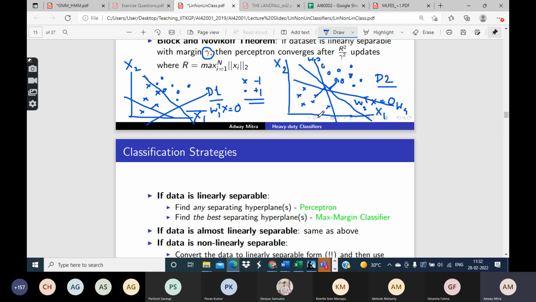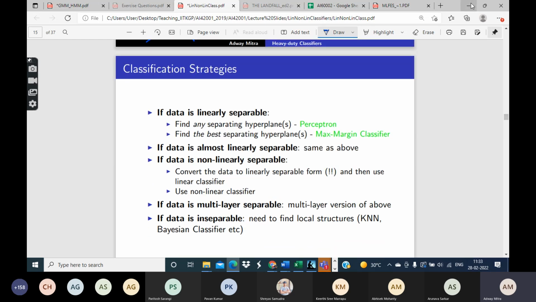So when we start the perceptron from any arbitrary value of W, we can reach any of these, or any of the millions of other possibilities which I have not drawn here. It can give any of these hyperplanes. Each of these is able to correctly classify the data set. But the question is, are all of these equivalent? Can we say that all of them are equally good, or are there some hyperplanes which are better than the others in some sense? So let us try to understand what we may mean by better and worse.